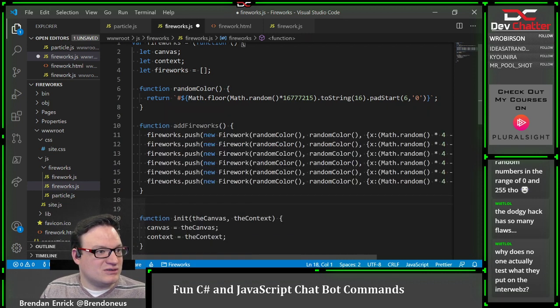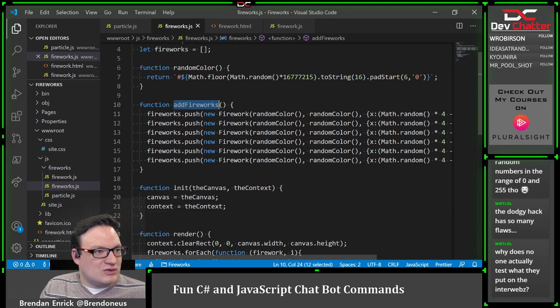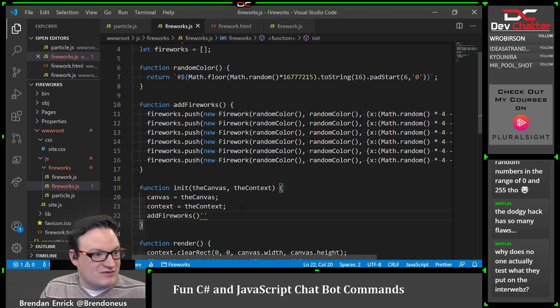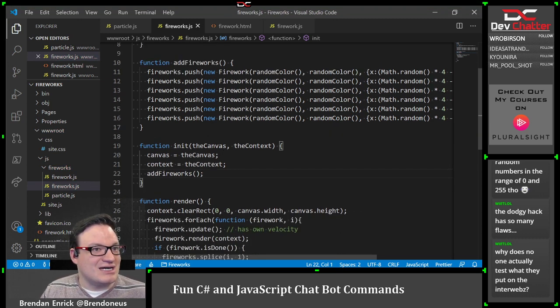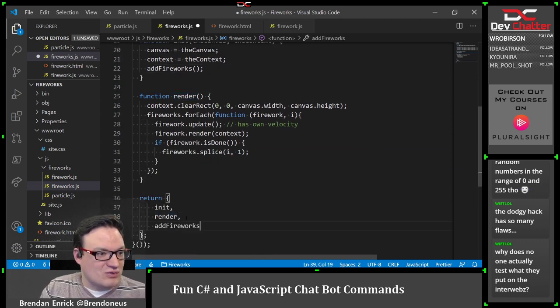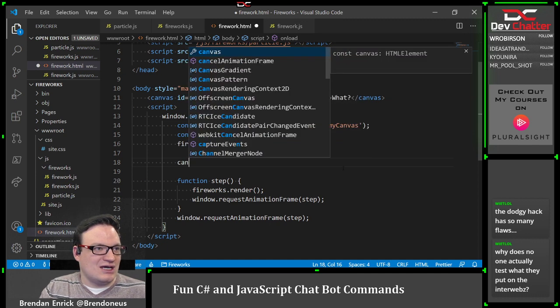Put it up here. We're going to say add fireworks. Right after we do the initialization, we will add an initial set of fireworks. And down here, I will return add fireworks as another part of this object up to this level, so that I can do a canvas